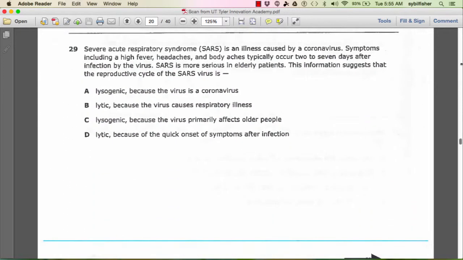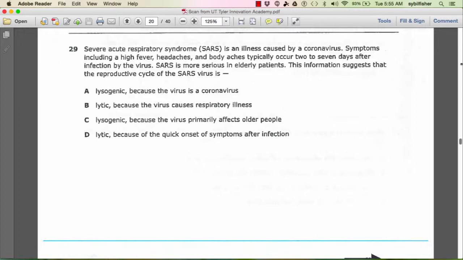Number 29. Severe acute respiratory syndrome, SARS, is an illness caused by a coronavirus. Symptoms including a high fever, headaches, and body aches typically occur 2 to 7 days after infection by the virus. SARS is more serious in elderly patients. This information suggests that the reproductive cycle of the SARS virus is